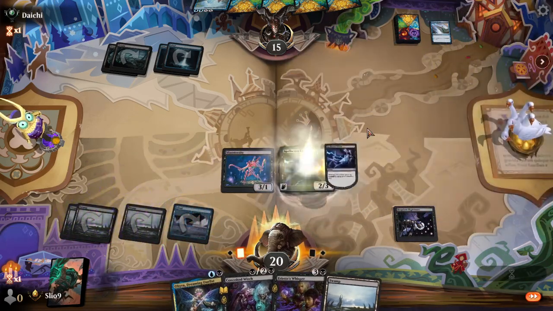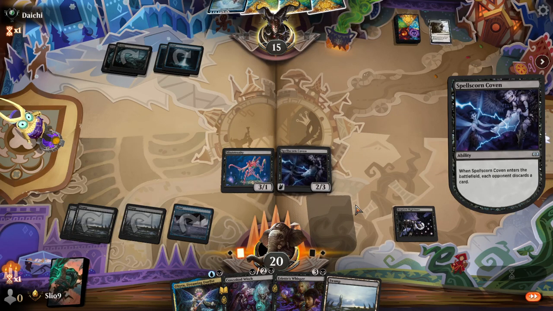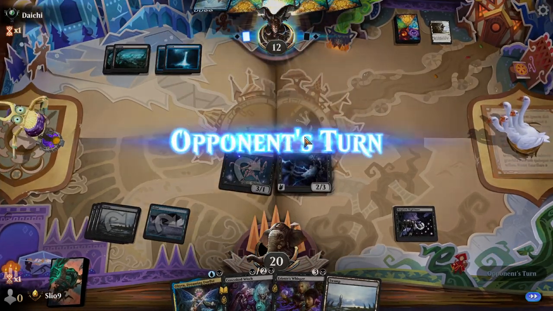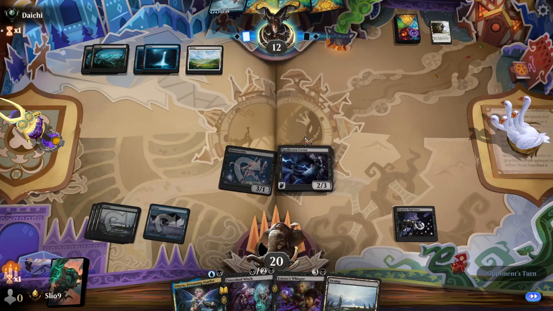So I'm just gonna go this and kind of push. I want the board presence is the idea here. Off color, huh? Interesting. All right. Oh, well, never mind. So they can pay 4 mana to exile one of our creatures, but the problem is that, like...